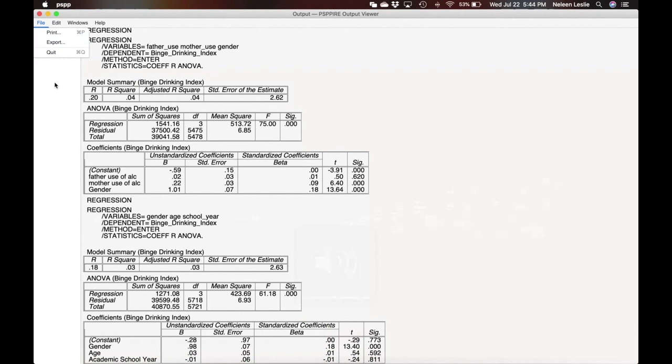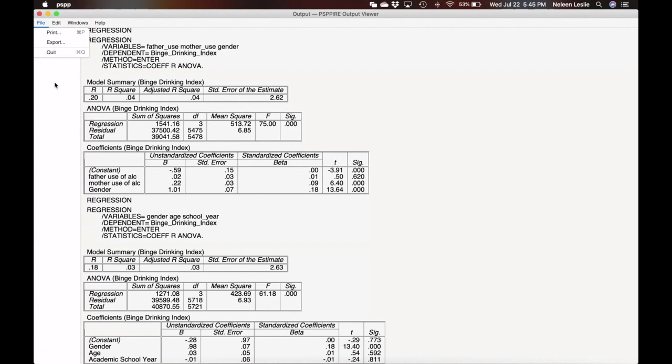And so for many people, that could be quite confusing because what's the point of running your procedures if you're not able to actually get the output out of PSPP? Now, there are a couple of options for getting your output out of PSPP, and I must note right here that these options work for your syntax and your tables, but your graphs won't show up in any of these methods. So first, we're going to export our files as PDF,